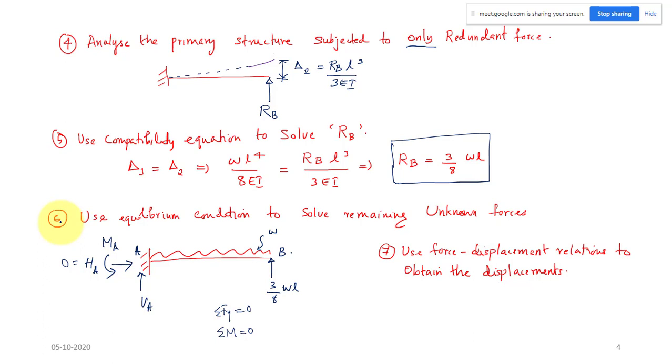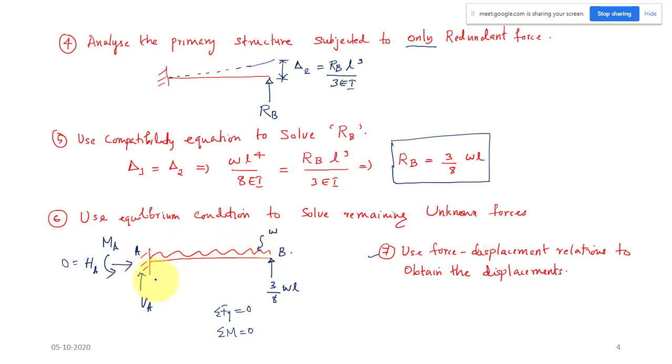And now we have the forces, and if you want, you can go for the seventh step. You can use the force displacement relation to solve for displacement or deflection at any point in the beam. So now we can apply the double integration method. You know all the reactive forces, all the moments. You can apply the moment area method. You can go for any method which you have studied for determinate structures. In a determinate structure, you should know all the unknown forces. So now I know all the forces, we can go for the double integration method, if you want to solve for deflection or slope at any point in the beam.